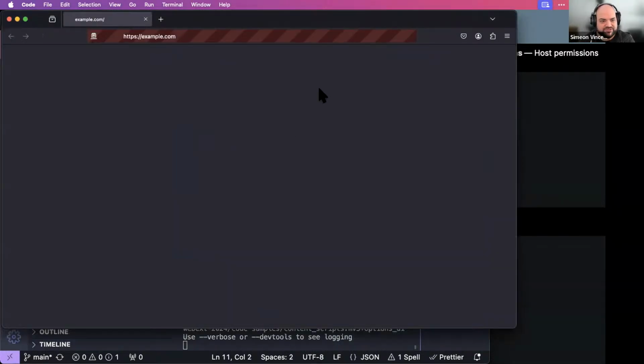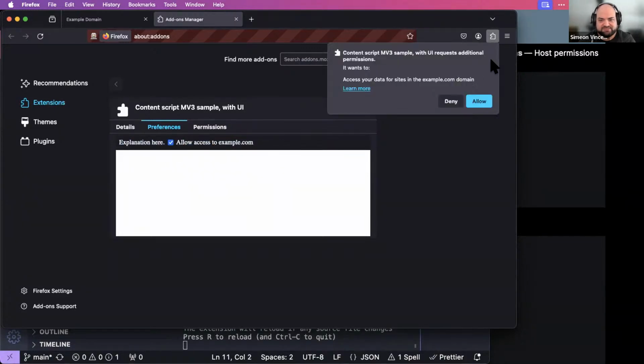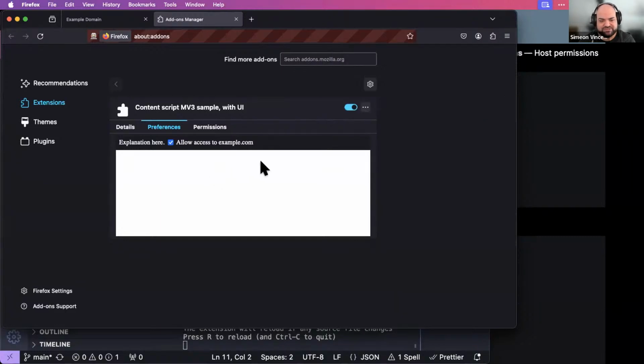So now when we launch Firefox, we're taken to the options permission UI. You can see here that we have the option to grant the permission. When the user clicks it, they will be prompted to grant the permission. And Firefox also allows you to revoke the permission. So the user will get re-prompted every time. One small note here